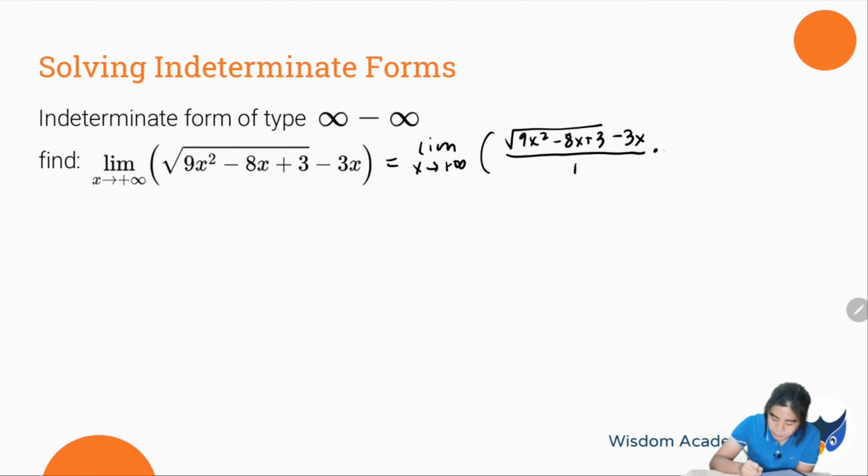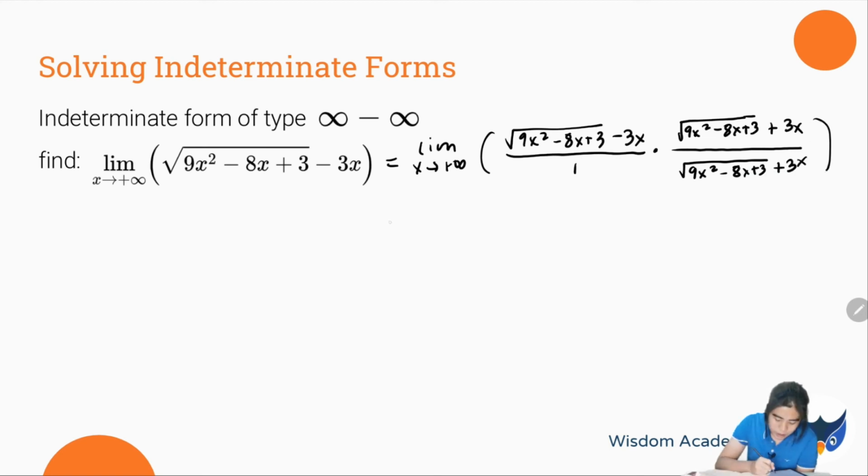So, multiply lang natin si numerator and the denominator by the conjugate of the rational expression. So, 9x squared minus 8x plus 3, plus 3x. Ganun din sa denominator: 9x squared minus 8x plus 3 plus 3x. And so, combining the numerator of the function,